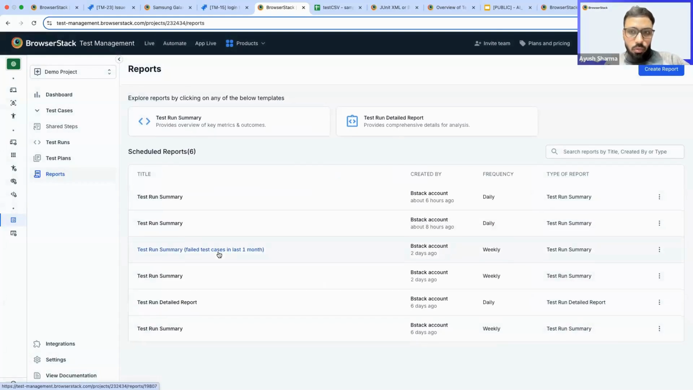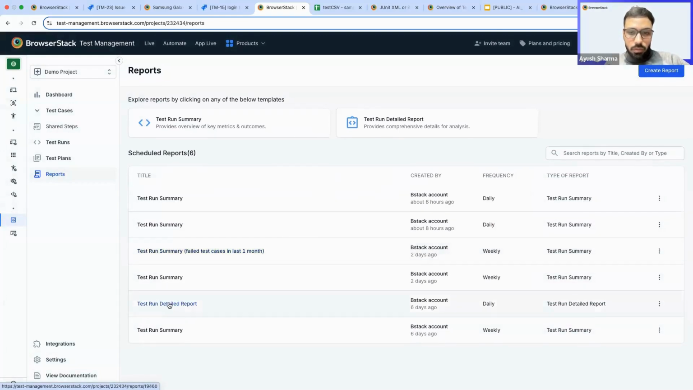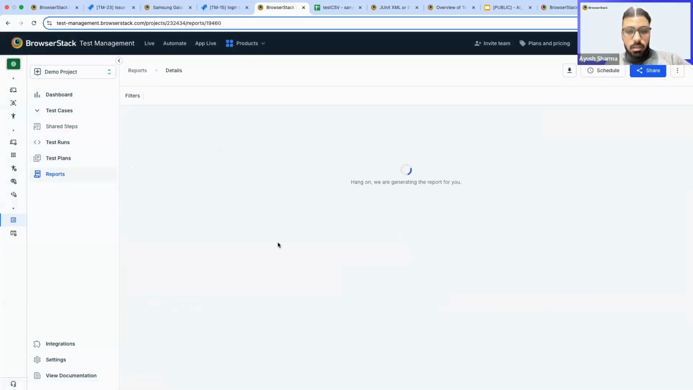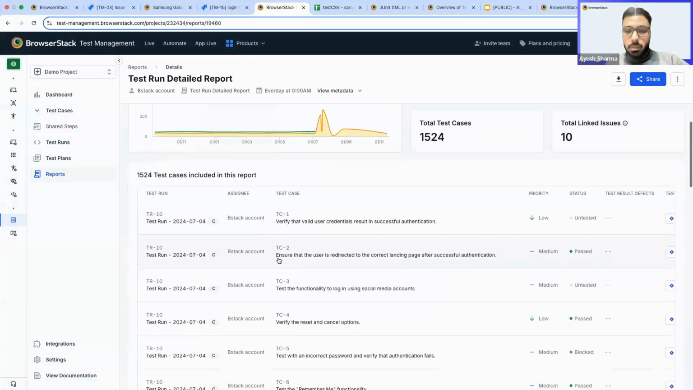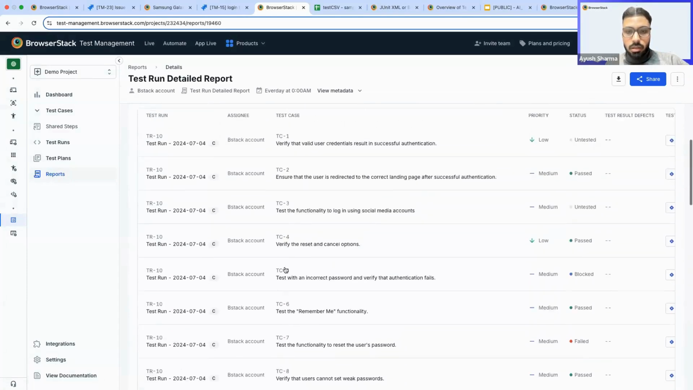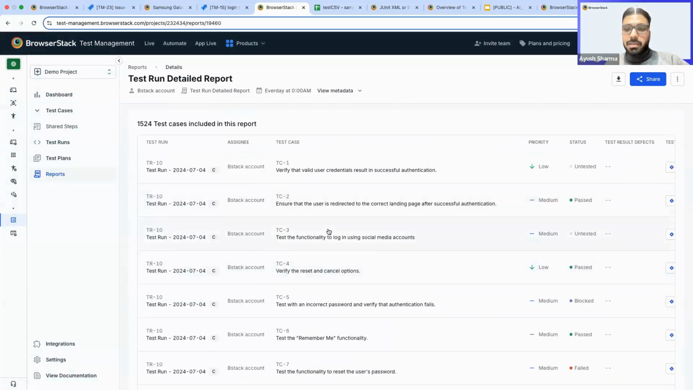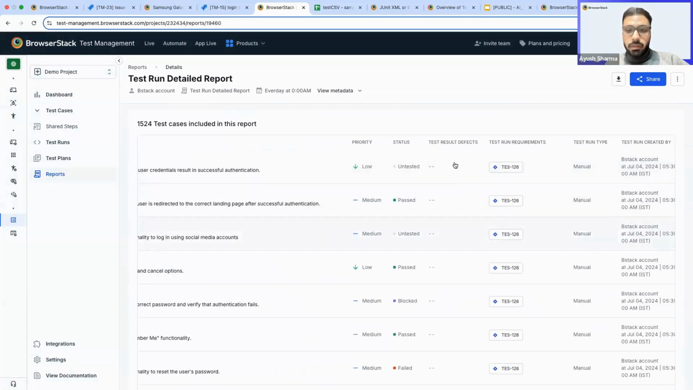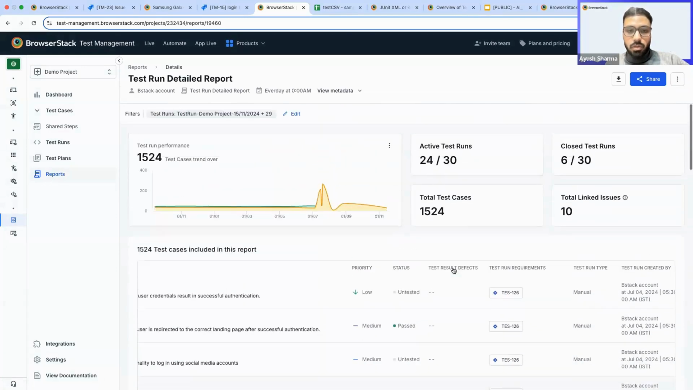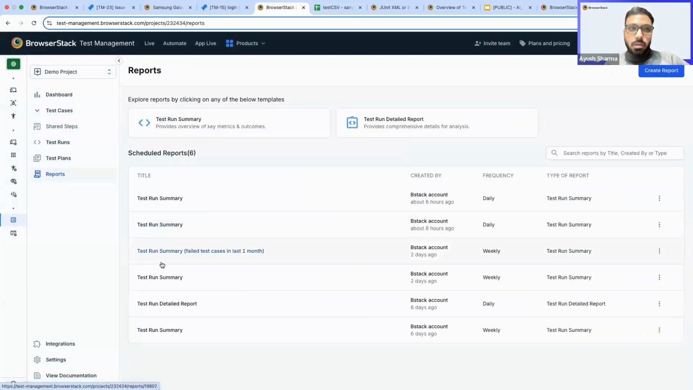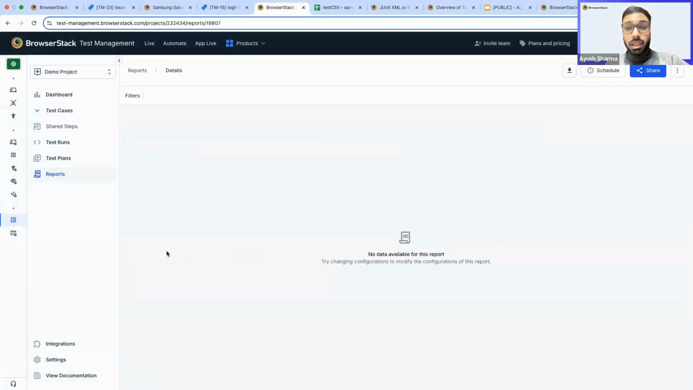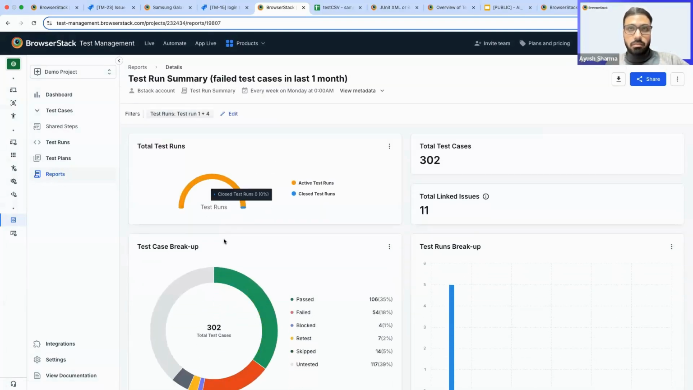I already have two pre-configured reports. I'll just show you that. This is how a detailed report shows, quite detailed in nature, covering a bunch of fields, starting from the test case, what the test and requirement was, if any defect was linked, that is also shown, and how the performance has been. Similarly, if I go back to the summary report, this is how the summary reports look,